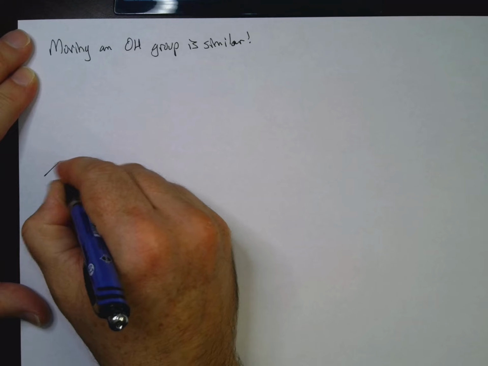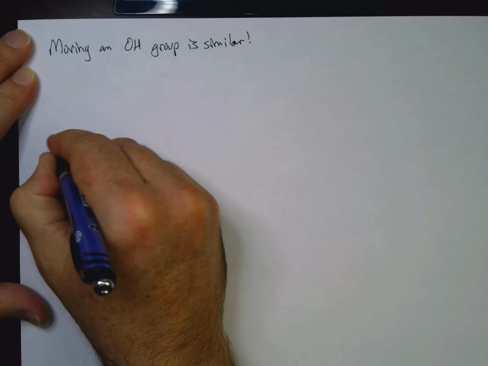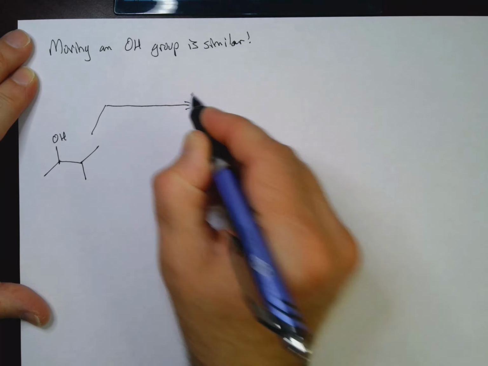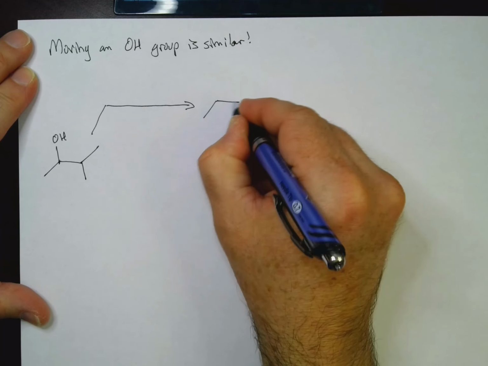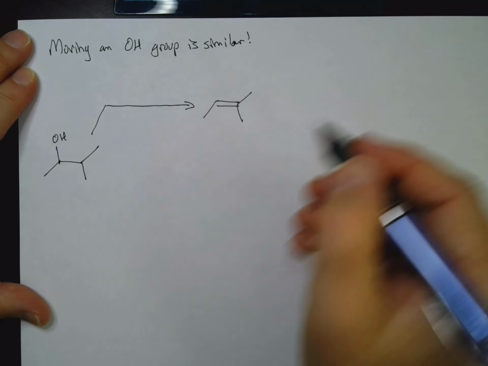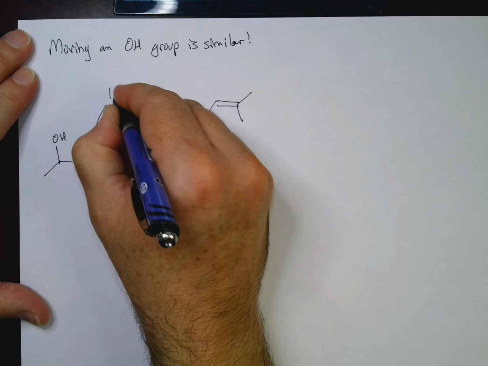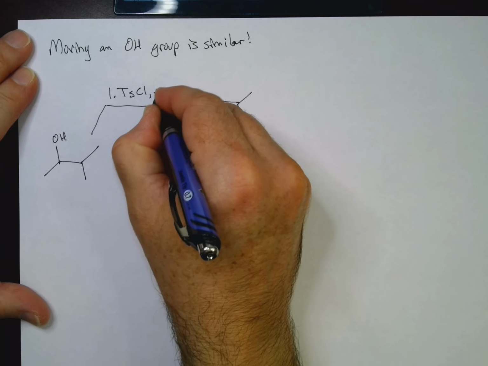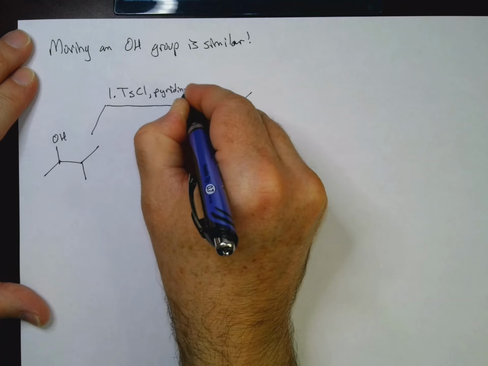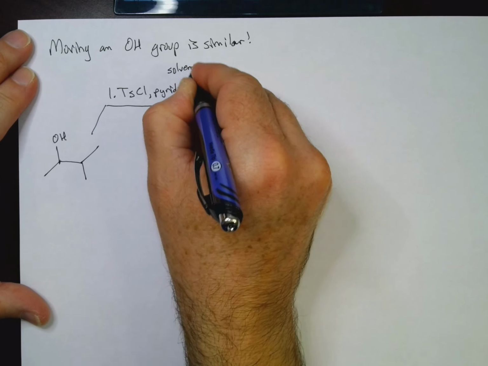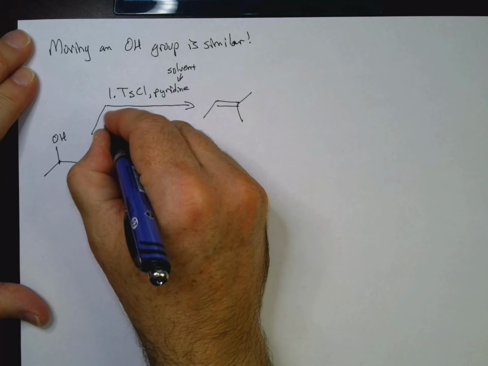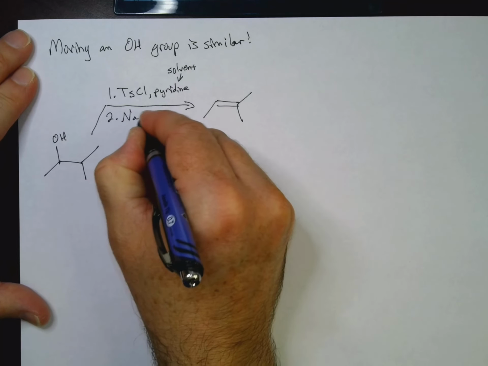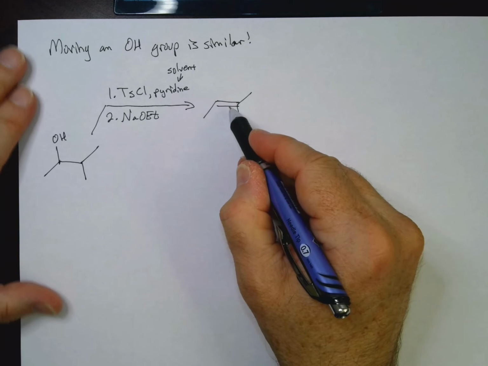Okay, I could start with that alcohol, and then I could go ahead and do an elimination. Now, how should I do this elimination? Well, actually, the best thing to do is probably to use tosyl chloride and pyridine. That's just the solvent. And that makes the tosylate. So once we have a good leaving group, we can treat it with NaOEt, and that gives us our Zaitsev